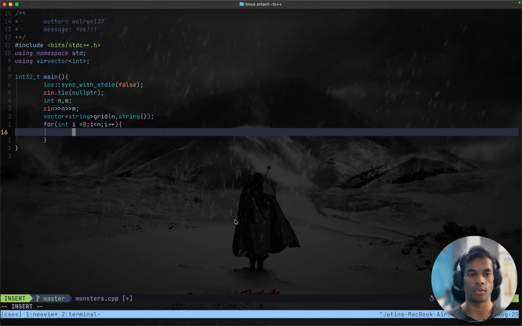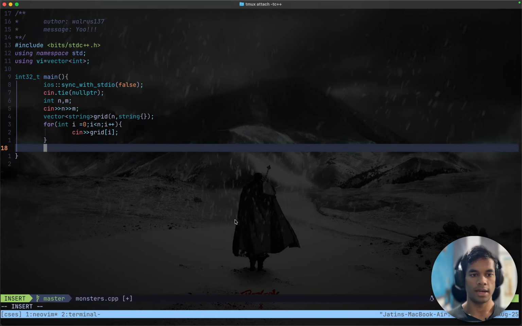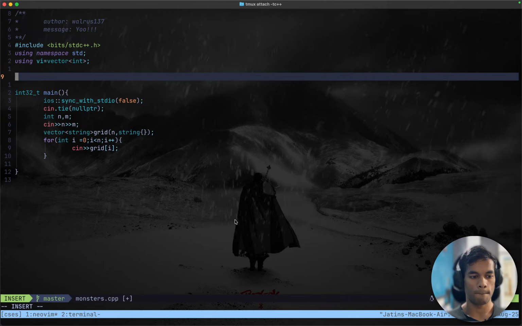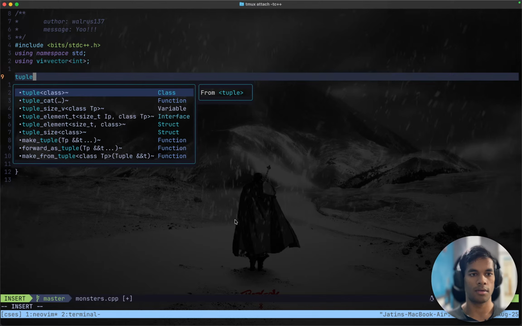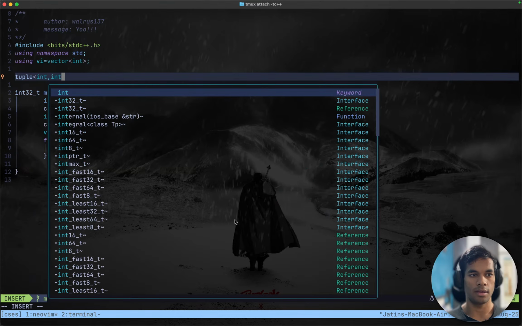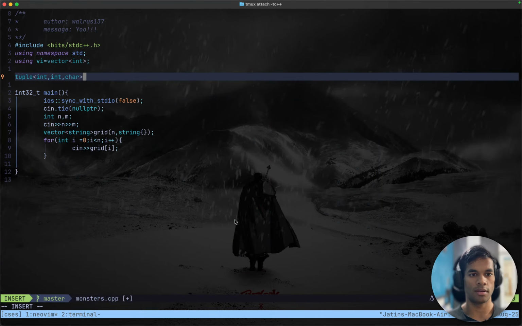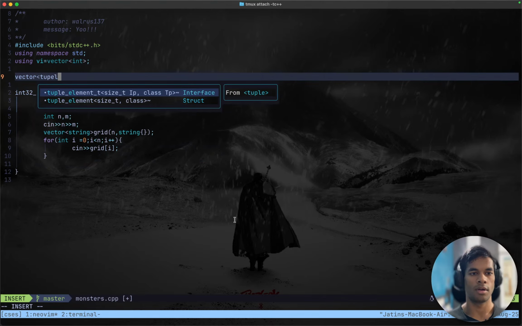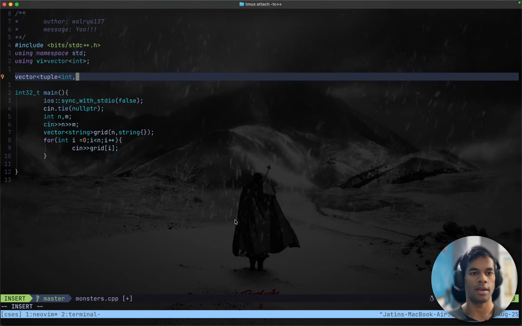Because n rows, cin grid i, take input into the grid i, and delta, a vector of tuple int char called delta,